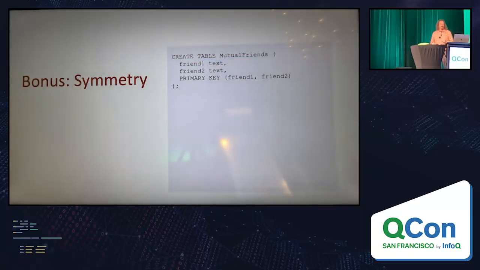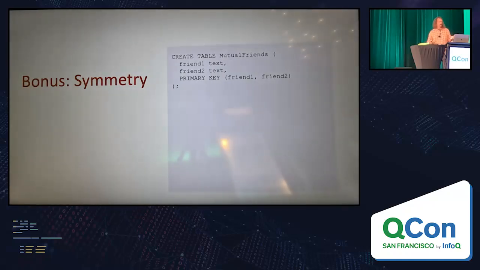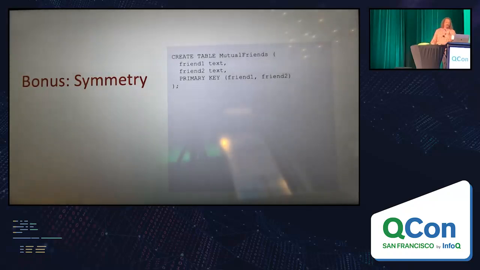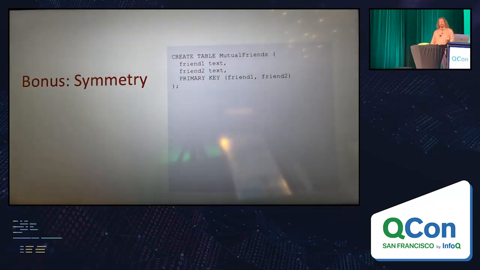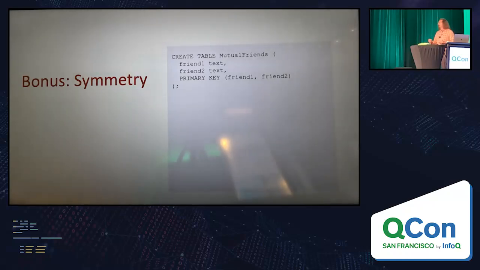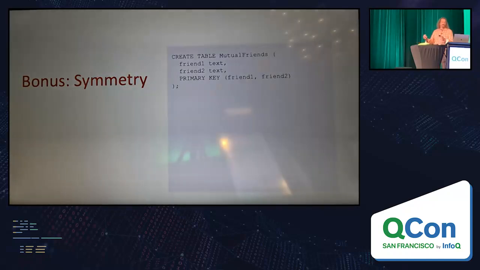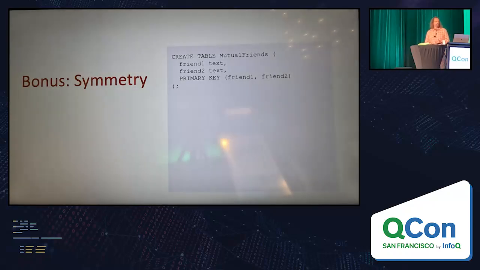There's a nice bonus that you get out of this. Suppose we wanted to do a symmetric relationship, like a mutual friend. In SQL you'd start off with 2 friends, friend 1 and friend 2. Now I have Bob and Jane, they're mutual friends. But is it Bob and Jane or Jane and Bob? There are 2 different ways to represent that. So pretty quickly you're going to reach for your PL/SQL hammer, and say friend 1 has got to be less than friend 2. That's the way we know the identity of the mutual friendship.